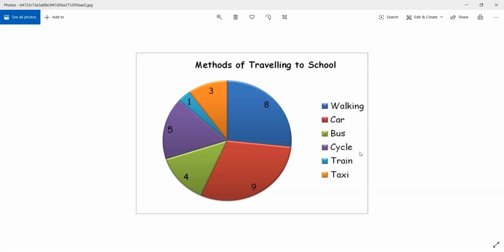So basically, people who are walking, people who are using a cycle, they might be on a slightly more risky path, in the sense that it will be harder for them to come to school, meaning they are more prone to being absent, things like that. I'm just making up one example. Okay, this is one way.